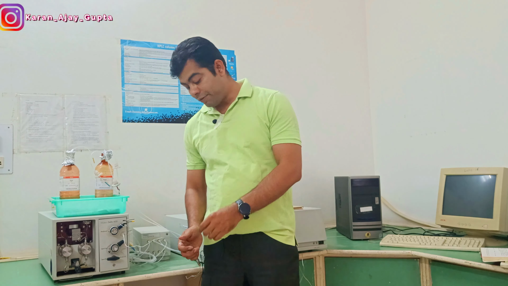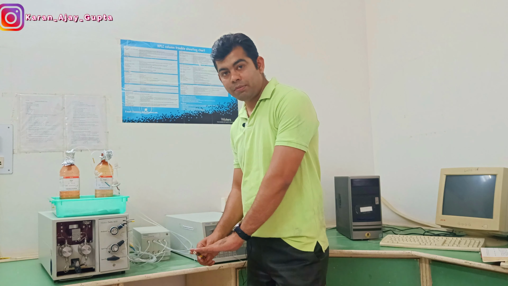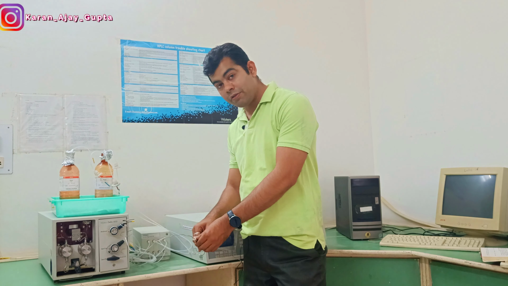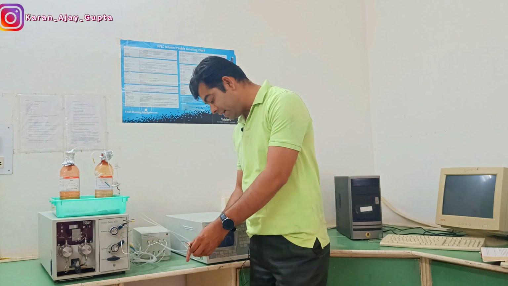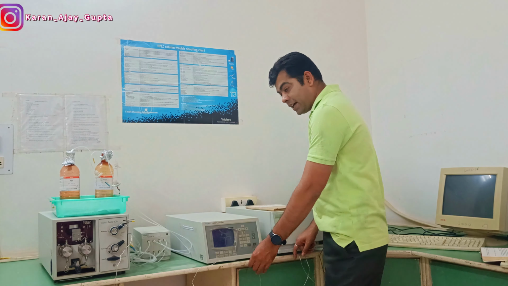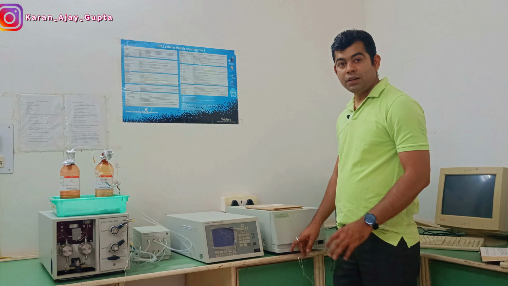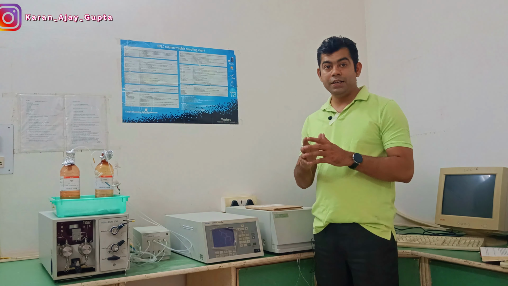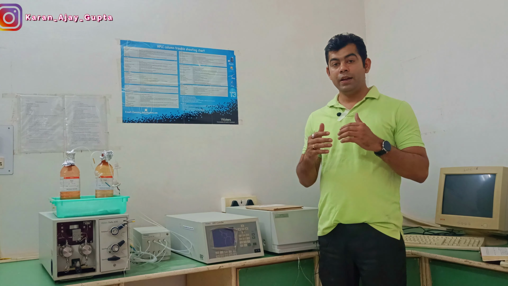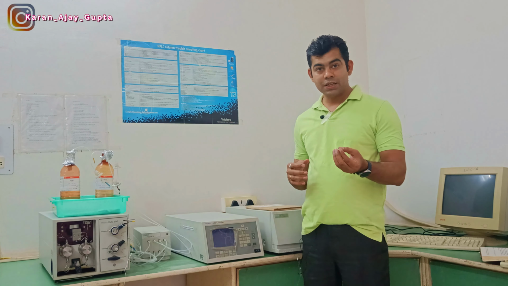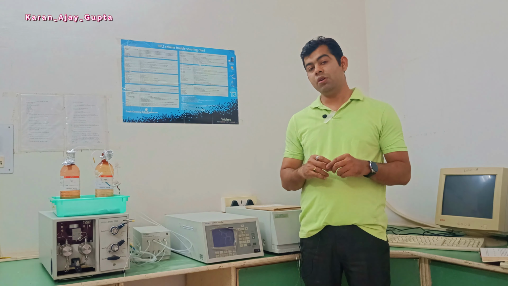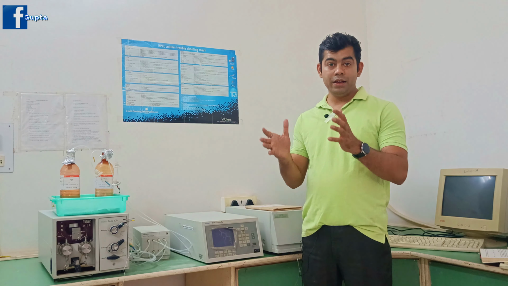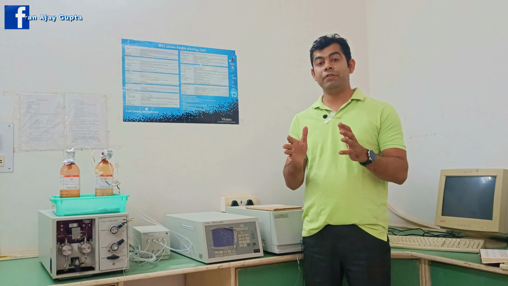So after the drug is retained in the column, absorbed by the silica gel, the drug dissolves in our mobile phase and then comes to the detector. The detector detects our drug, and according to its concentration it gives a peak. If the drug has a low concentration, the peak is low, or the area under the curve is very low. If the drug has a high concentration, the area under the curve is high.